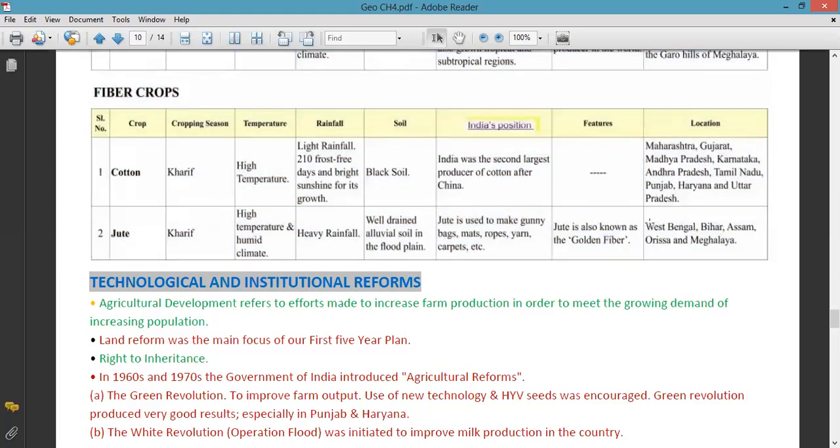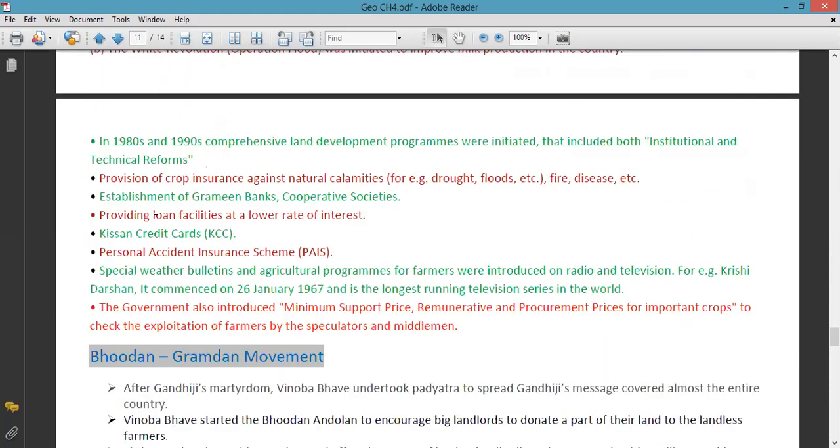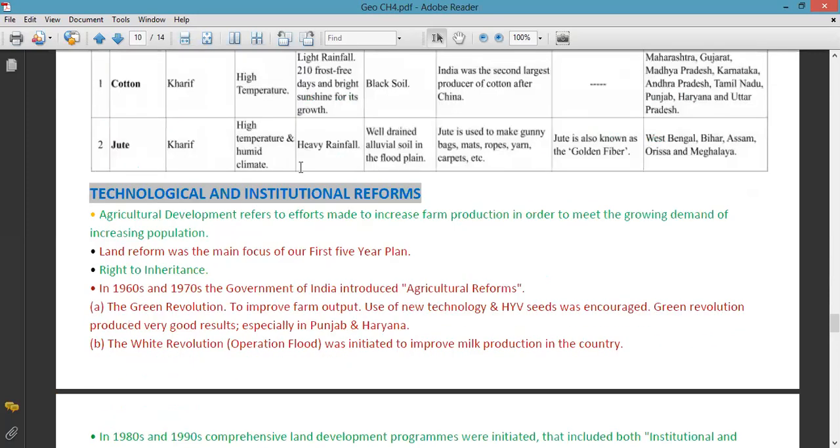Major producing states in India: West Bengal, Bihar, Assam, Orissa, Meghalaya. These are all about fiber crops in India, the growth of fiber crops in India. The last concept I want to discuss with you is